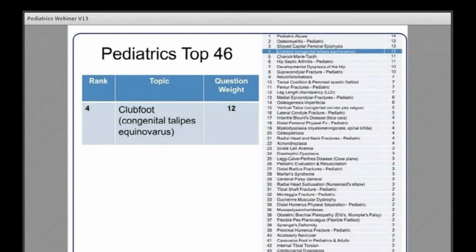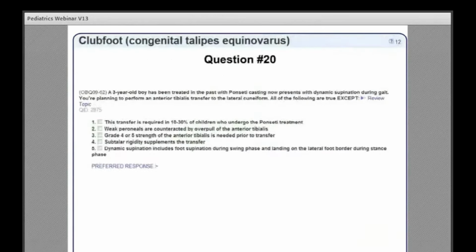This is clubfoot. A 3-year-old boy has been treated in the past with Ponseti casting, now presents with dynamic supination during gait. You're planning to perform an anterior tibialis transfer to the lateral column, or the lateral cuneiform. All of the following are true except,